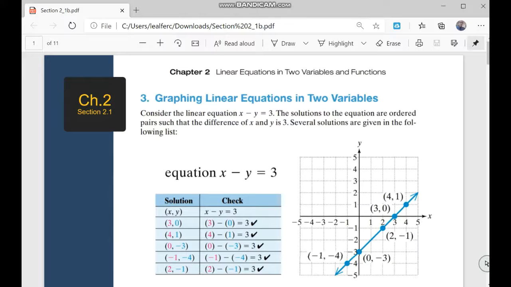Today we are on chapter 2. This is the new chapter we are working on. We started it yesterday, and today we will see how to graph linear equations in two variables. And actually, to learn how to graph linear equations, you're going to learn it by practicing, by working on it. I will try to go really a bit fast on these explanations, on showing these examples here, because I